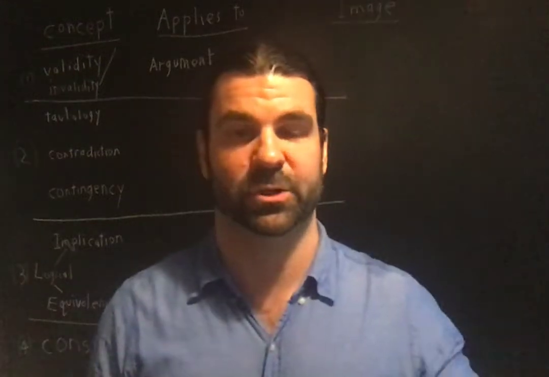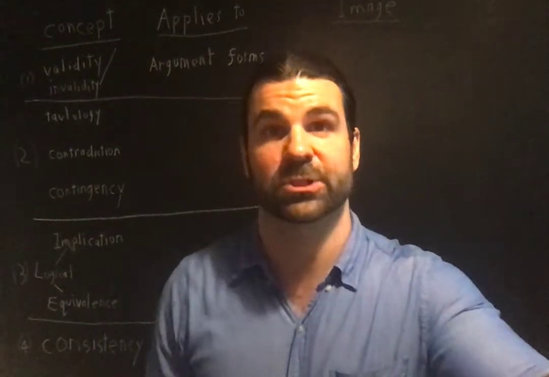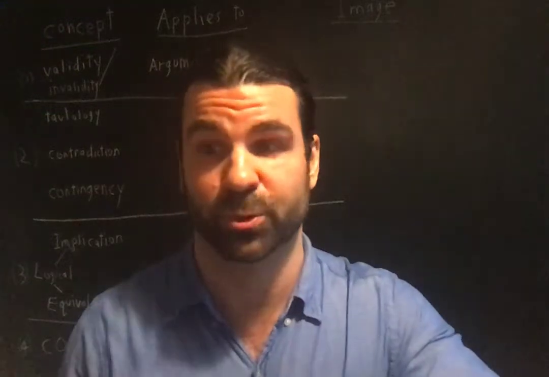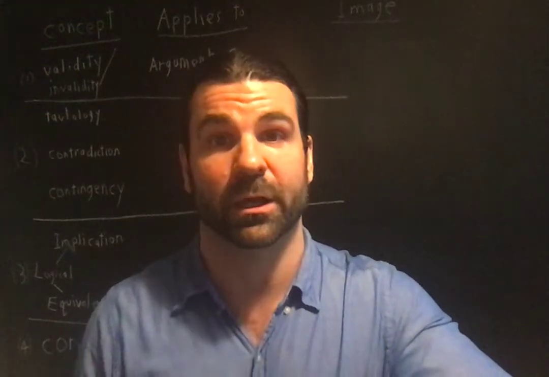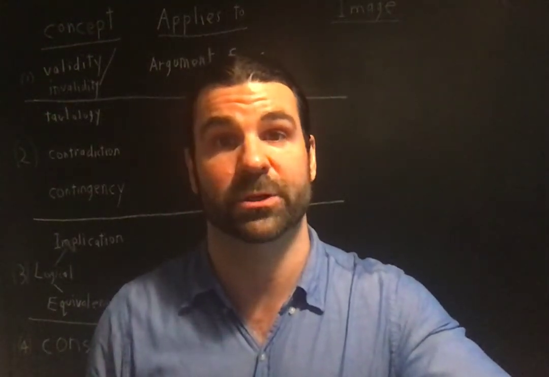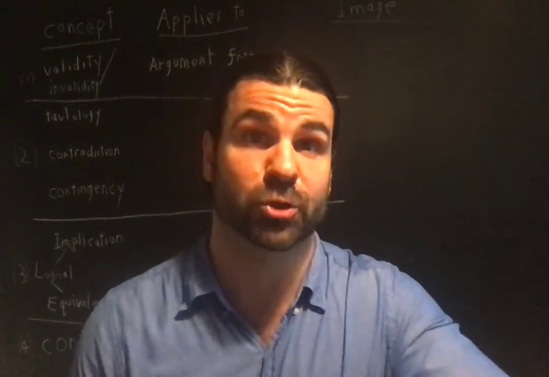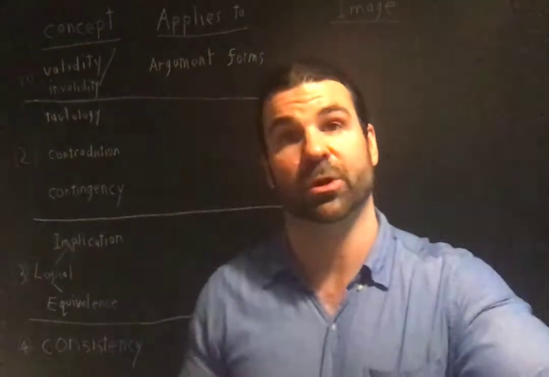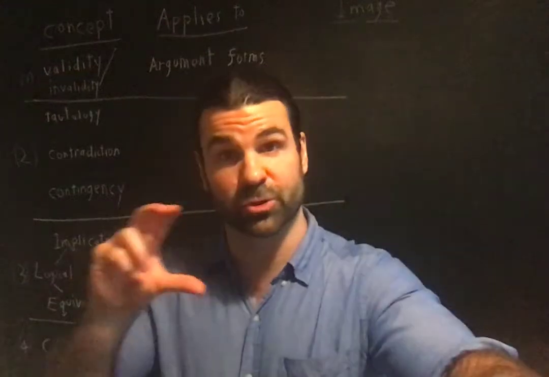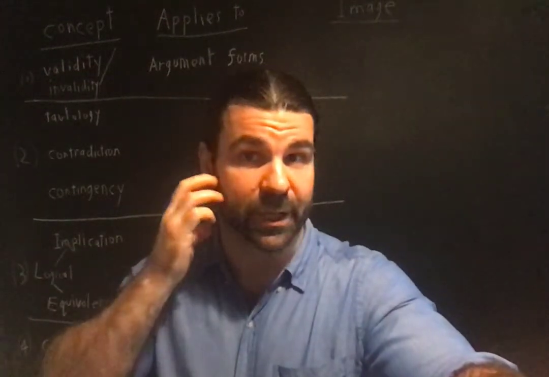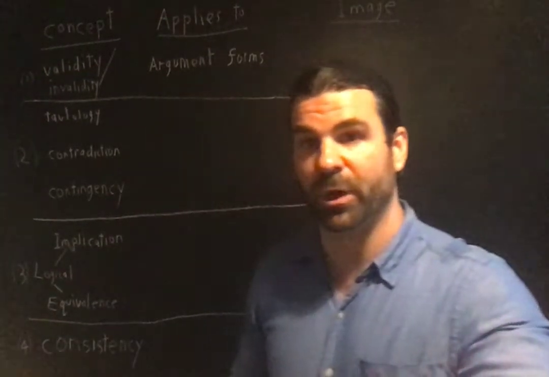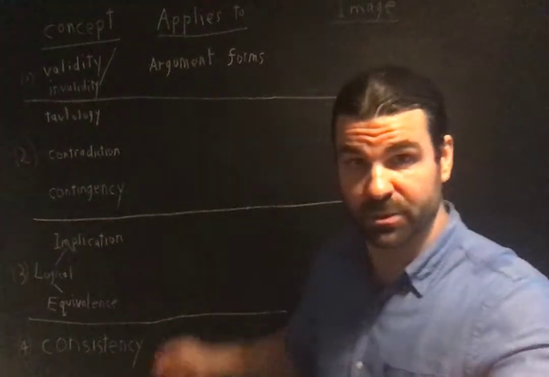Unit 6, Part 1. Unit 6 is on further applications of the truth table method. In Unit 6, we're introduced to a whole bunch of what we're going to call truth table concepts, so concepts that have a certain truth table definition. And what I've got up on the table will be with us throughout the whole